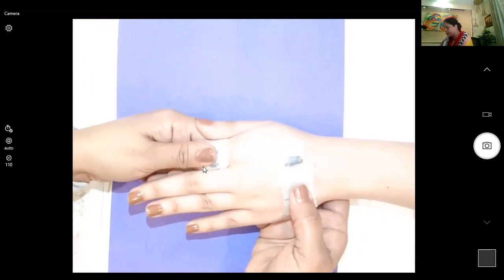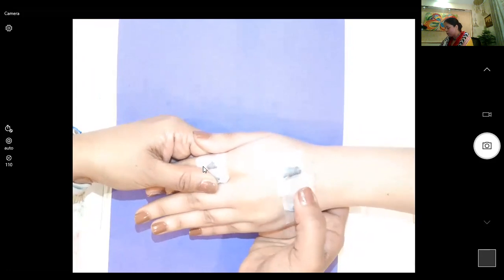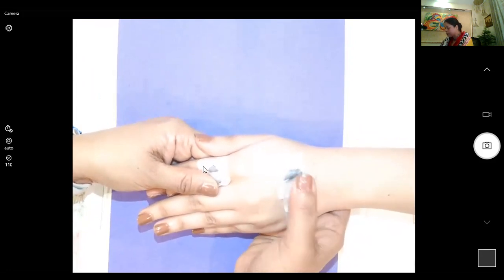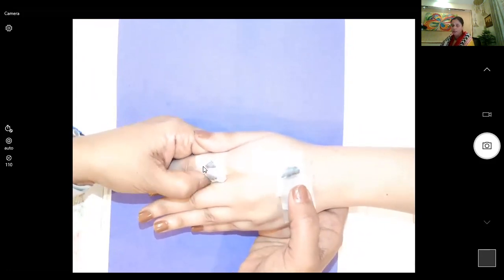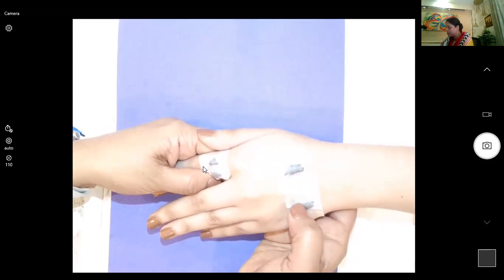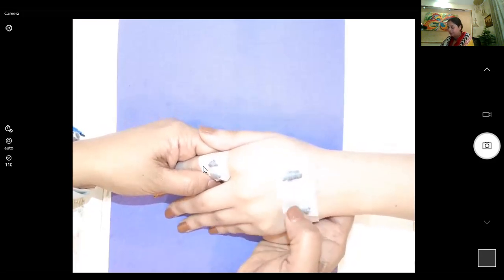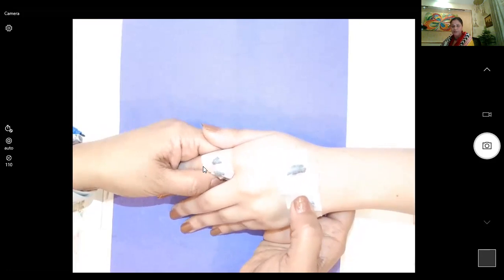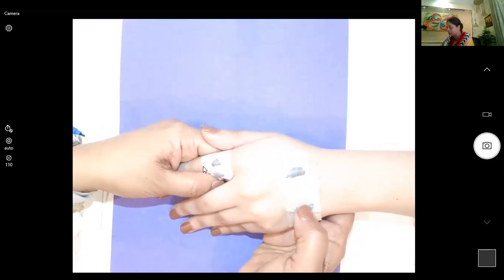Yes, and this treatment you should continue, especially in chronic cases. Regularly, you should do it for 14 to 15 days. And if disease intensity is deeper, then you can add this treatment. And slowly, slowly, you will find that you are getting some good result. Your body will show some good result.